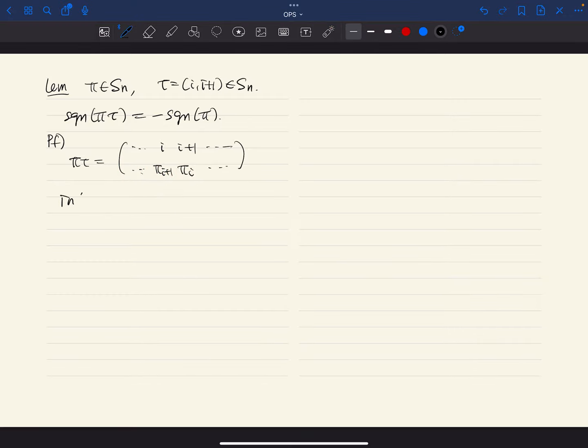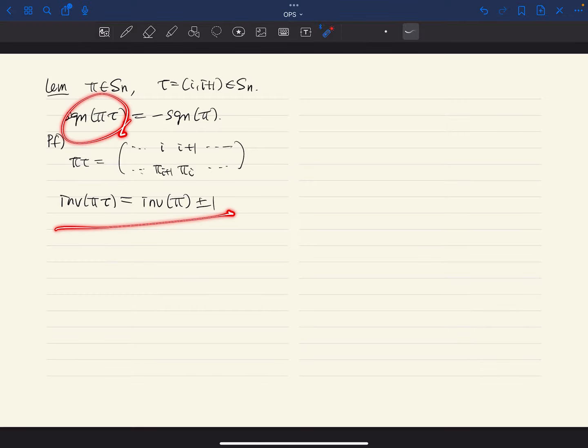So the number of inversions of pi tau is plus or minus the number of inversions of pi, depending on whether this is an inversion or not. But we don't really care about the exact plus or minus, because in any case, we always have the minus of the permutation's sign. So this is true. Multiplying a simple transposition on the right changes the sign. Actually, it's true if you multiply on the left too, but we don't need that right now. So another lemma: if pi is a product of simple transpositions,